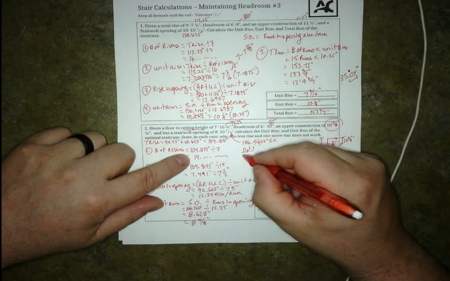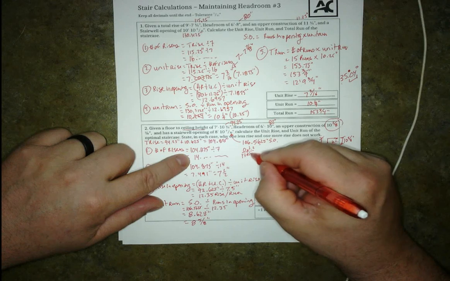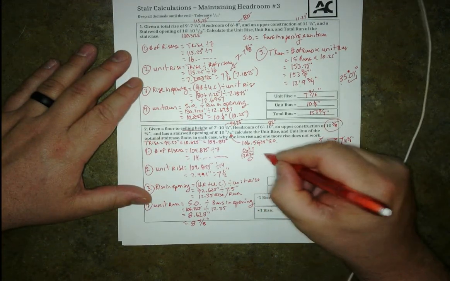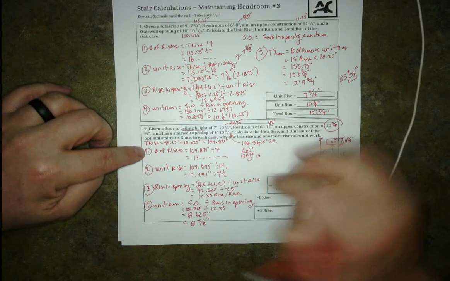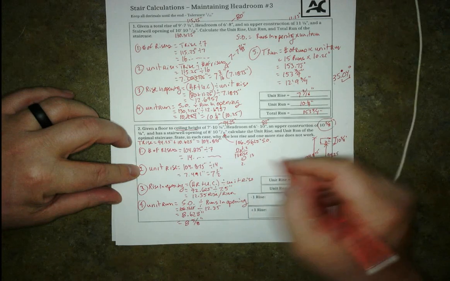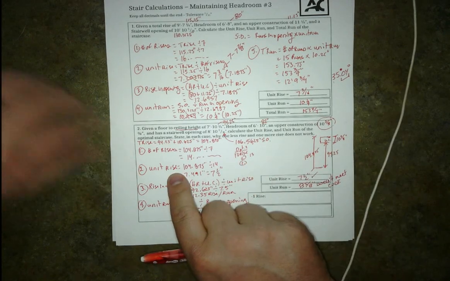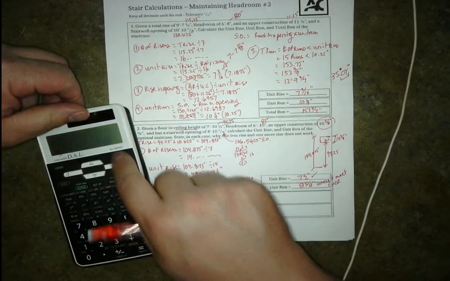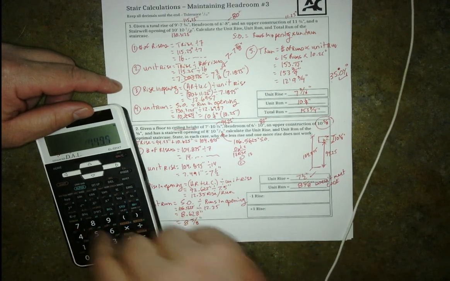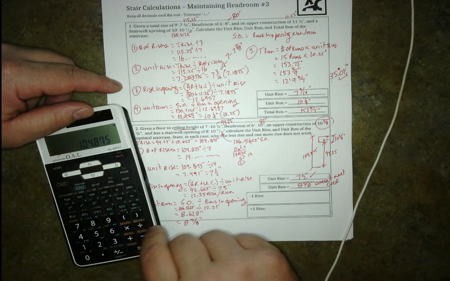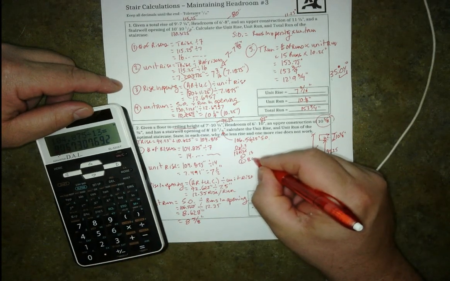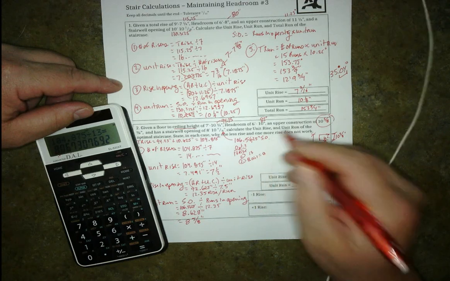And I'm going to say 13 risers. So the first thing is going with 13 risers, right? So 1 is 1, 2 is going to be 2, just trying to save some space there. So 2 is determining the unit rise. So I'm going to go 104.875 divided by 13 now. And that's giving me 8.067, which is 8